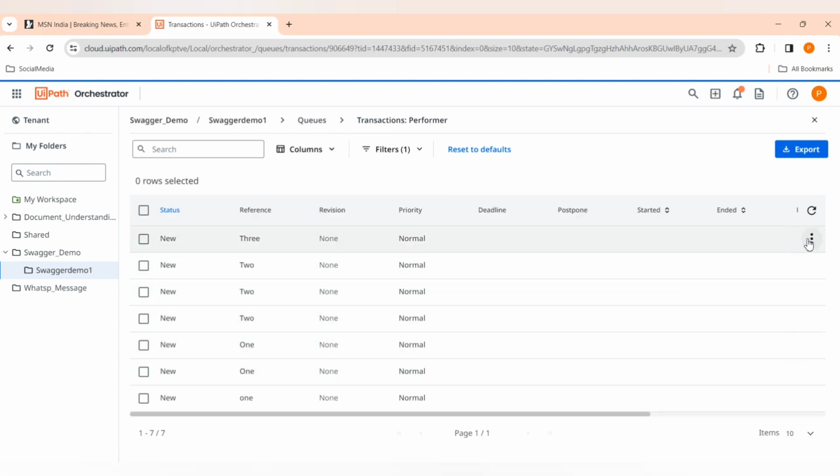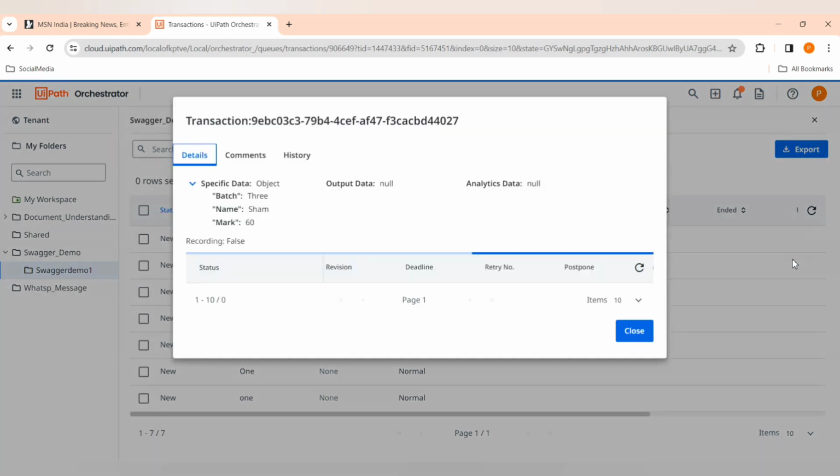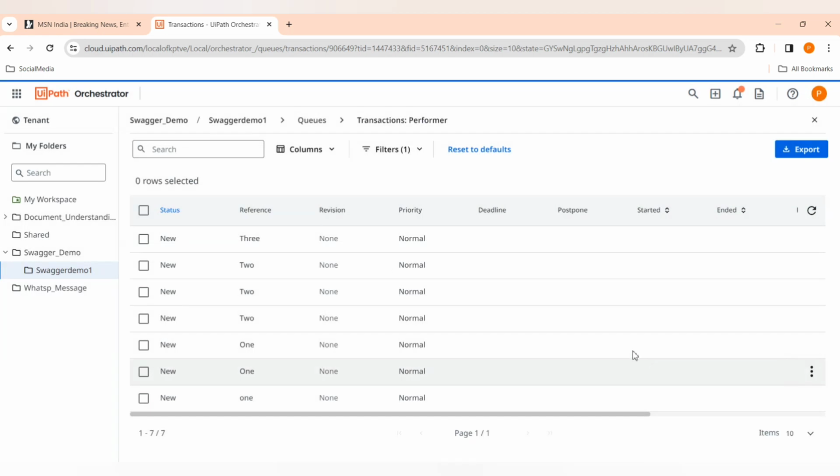Each queue item contains some data such as batch, name, mark. Today I am going to use the Orchestrator HTTP activity to get queue item details for queue items which contain batch